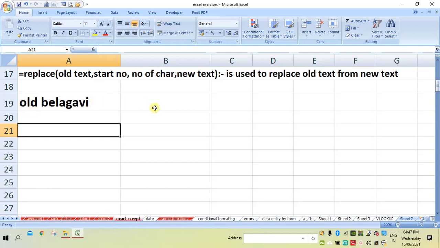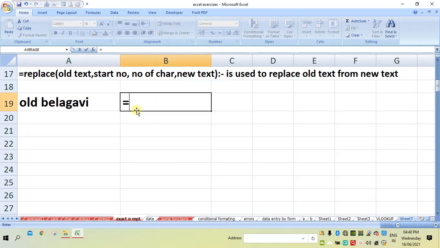To get that new Belagavi in this cell, the function will be is equal to REPLACE, in bracket the old text, that is the cell address I have to specify. Then the starting position starts from 1. So 1, 2, 3, there are totally 3 characters and it begins from the 1st position. Then comma, how many characters? 3 characters.